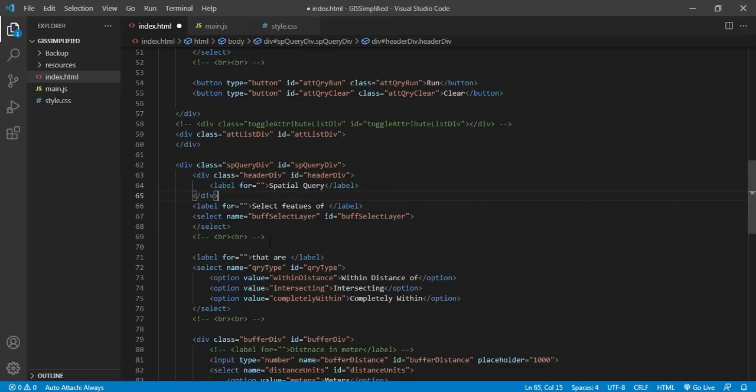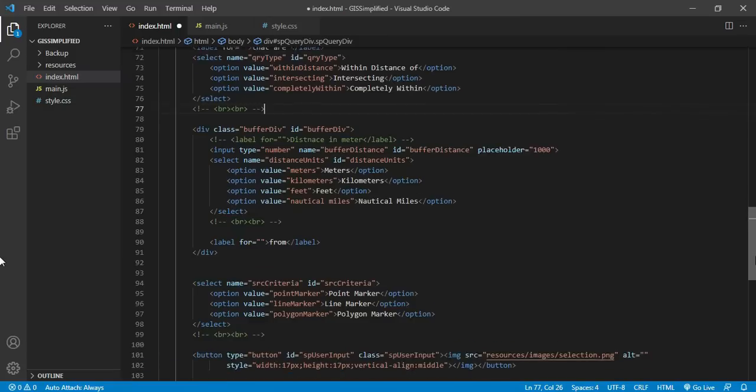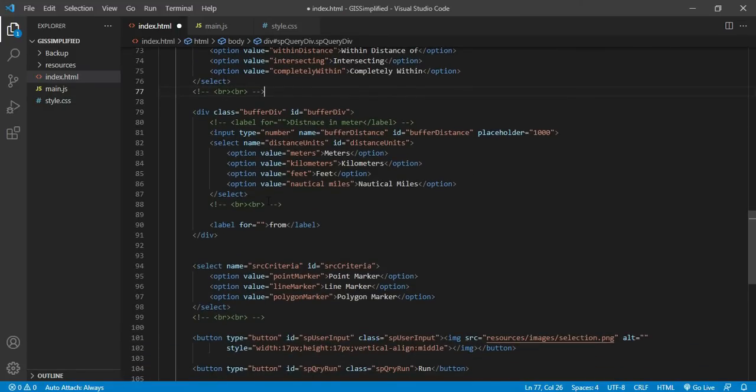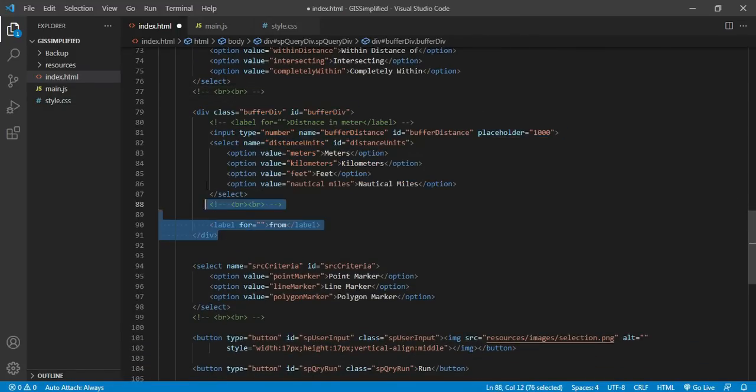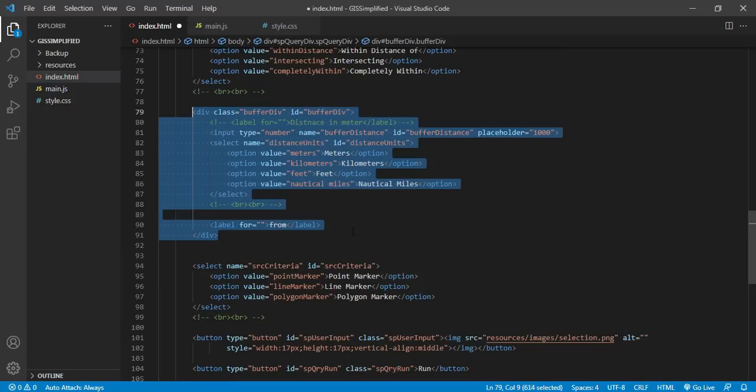Then there are various inputs like select features of, and I will be giving a drop down in which I get the layers which are added into the map, and this is the selection criteria, so this is the select box for that. And then finally for buffer we will have distance as an input and then unit as an input. This is the code for that.